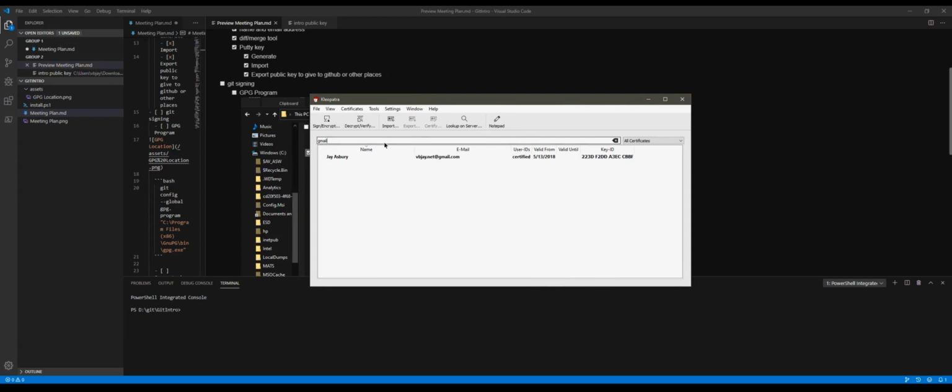Alright. So I have other keys, but I'm hiding them because I don't want those keys to show. But this is my key that I generated. And I have actually uploaded it to the key server so that people can certify it and say, hey, it's me. But let's generate a key. So you hit new key pair,